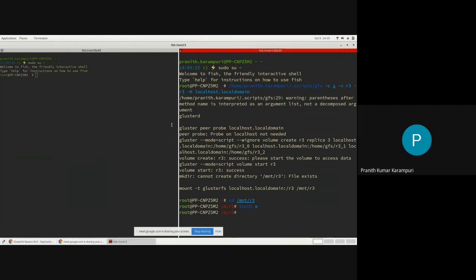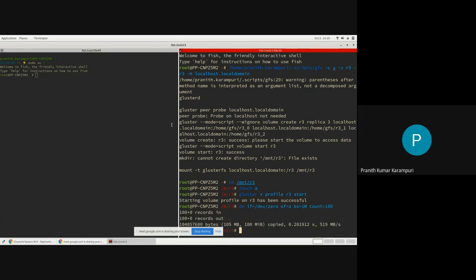Okay, so we'll start with dd if=/dev/zero of=a, and let's just do 100 operations.